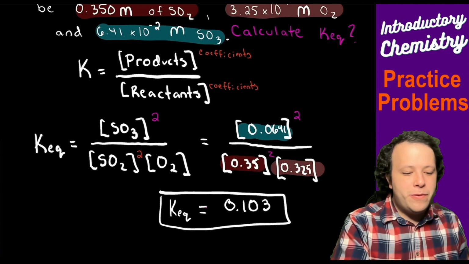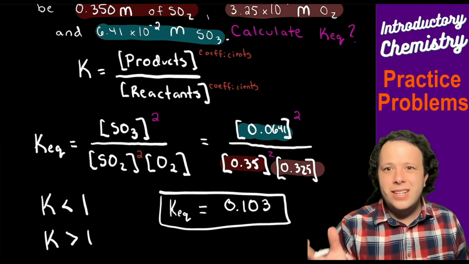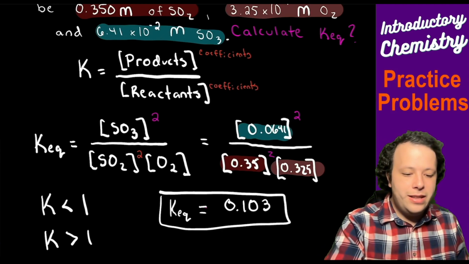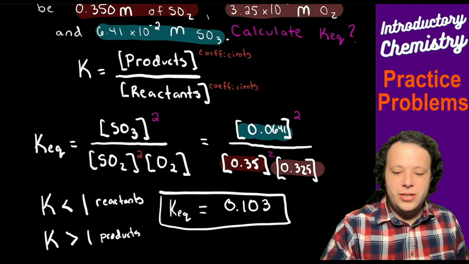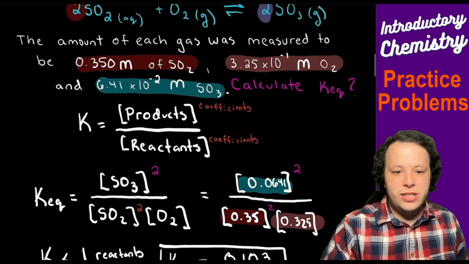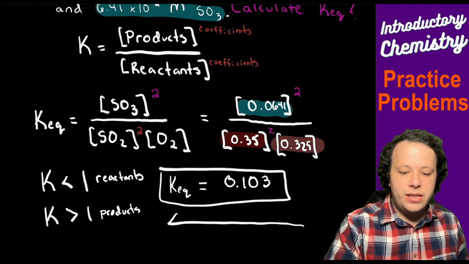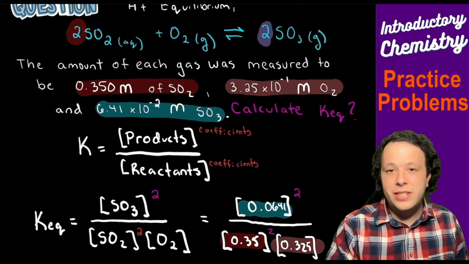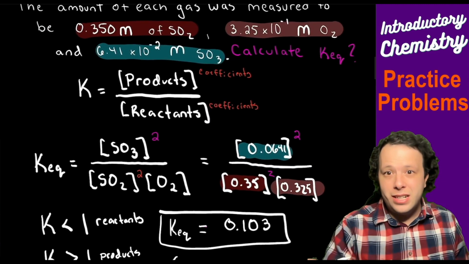Well, if you remember from my previous video on equilibrium, K can either be greater than or less than 1. With that, it tells you what the ratio is of the concentrations. So if K is less than 1, that means that it favors the reactants. If it's greater than 1, it favors the products. So in this situation, it's telling you that based on this reaction that we have, this is greatly favoring the reactant. So it's favoring the left side of it, meaning that there's more SO2 and oxygen once this reaction is at equilibrium. So this is one thing to look at for this problem.